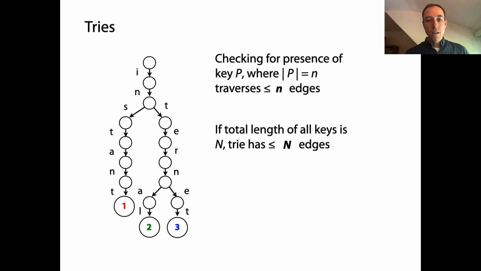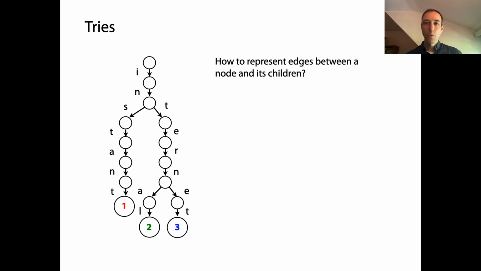Okay. Well, let's think a little bit more about how much work we're doing, because it's nice to know that if our query has length n, this is now back to little n, lowercase n, we don't have to traverse more than lowercase n edges. Wouldn't it be nice if we could think of each of those edge traversals as constant work? Well, whether or not it's reasonable to think of a single edge traversal as constant work